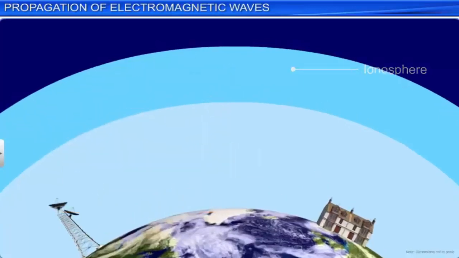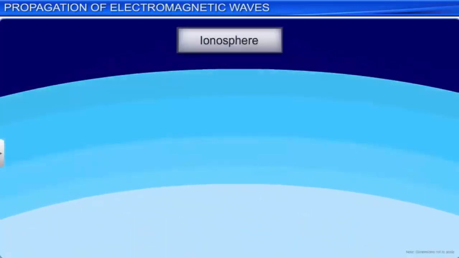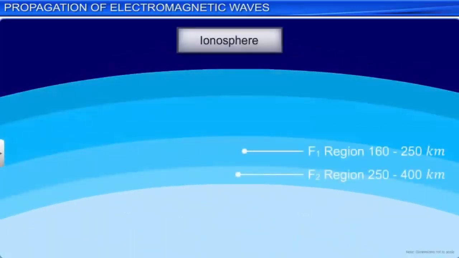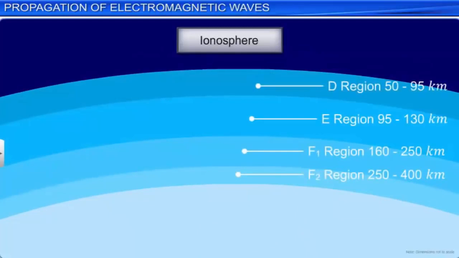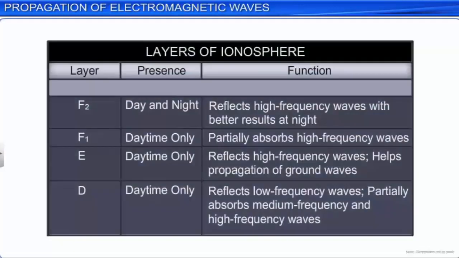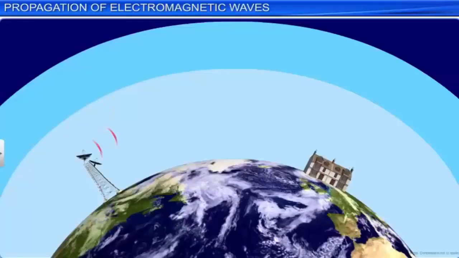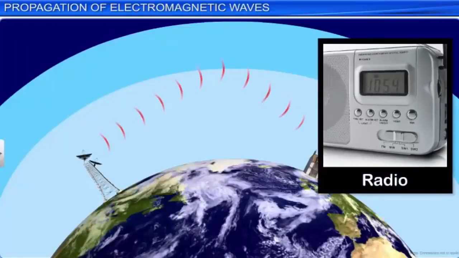Different layers of the ionosphere help in the propagation of sky waves of different ranges of frequencies, as shown in the table. Short-wave radio broadcast signals